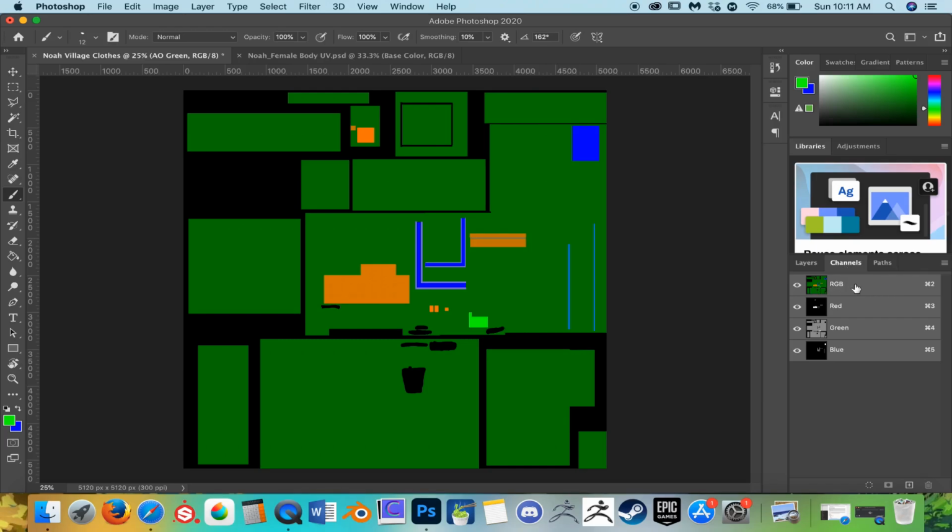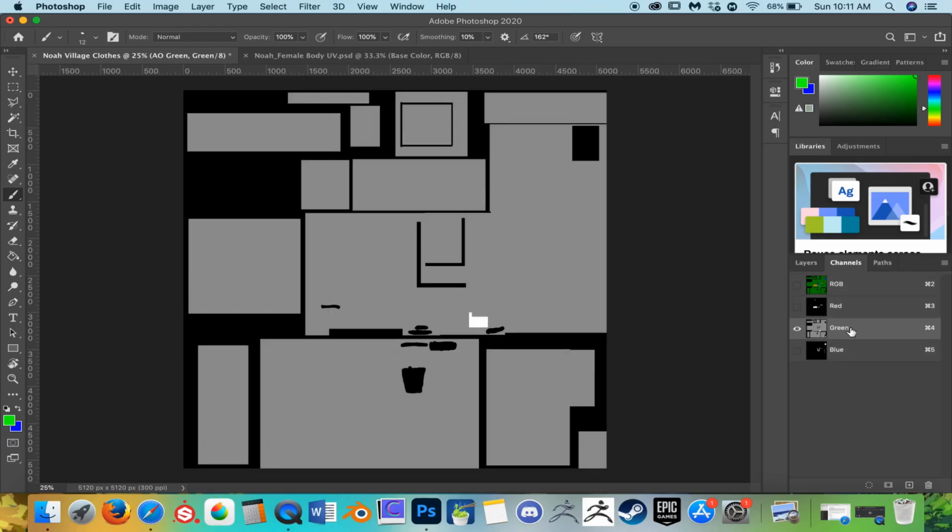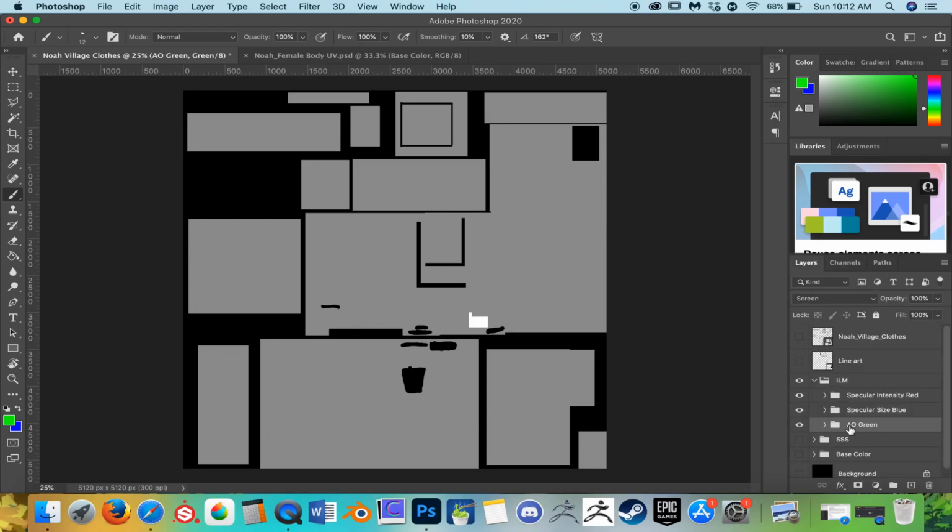So you can see the RGB. These are controlled with specific colors to help apply different variations, and let me go ahead and explain that. Let's go to the green, for instance. Now, the green channel, which is this right here, the AO, or the Ambient Occlusion, this channel controls how we paint our own